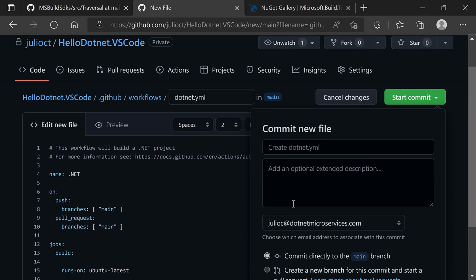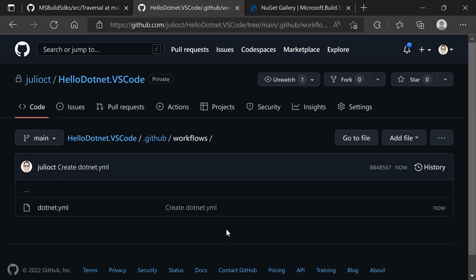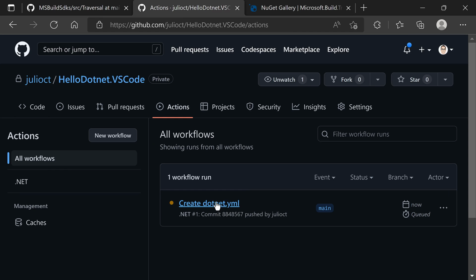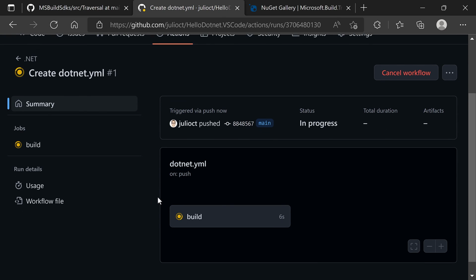And so now that we have this, what we can do is just click on Start Commit, and then I'll accept the defaults over there, and then I'll say Commit New File. All right, and so the YAML has been created. Now, what you're going to notice is that if we go into Actions, there's a brand new action kicking off right here, because I just committed some changes in there. There's a new file in there, it notices that, and it kicks off this process,